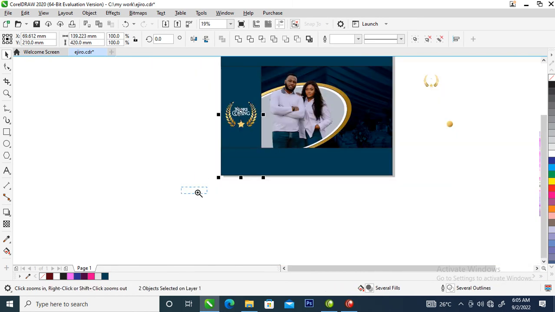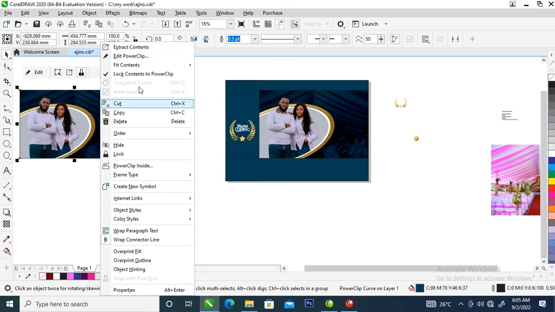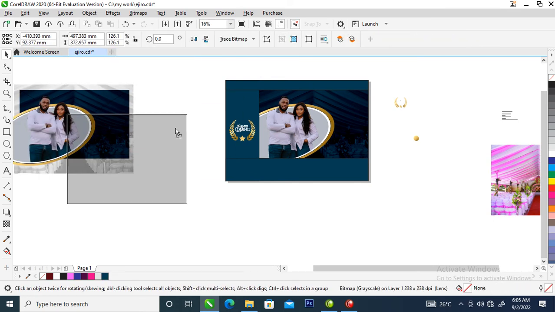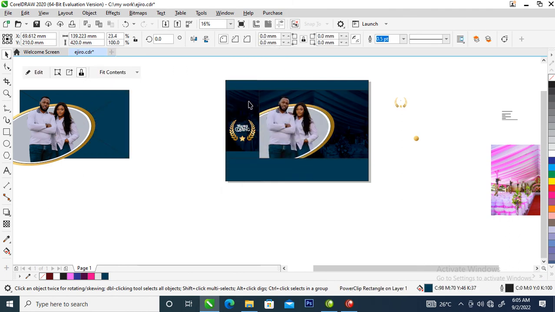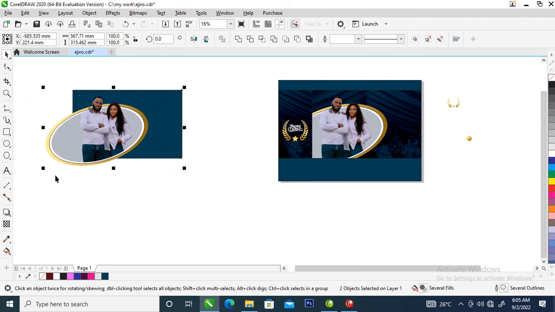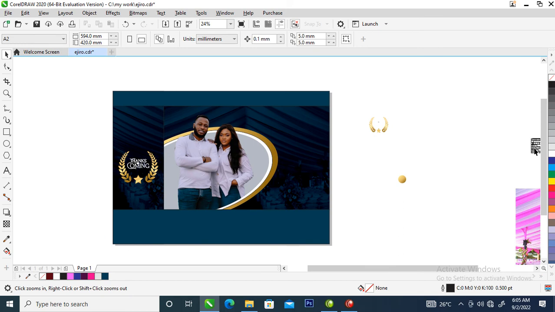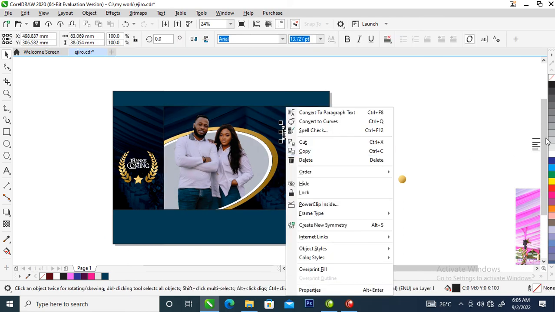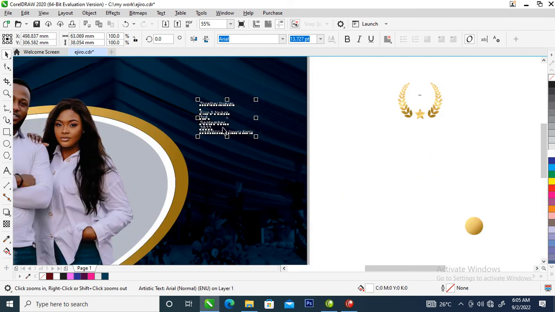Good. So right now what I'm going to do is to make a copy of this layer right here, extract. So we are making use of this. So clip into place just like so, then you adjust. Good. Let's delete this, we don't need this. So the last but not the least, to arrange the text. So let's change it to white, then you go over to hit Ctrl K to break that into pieces, then